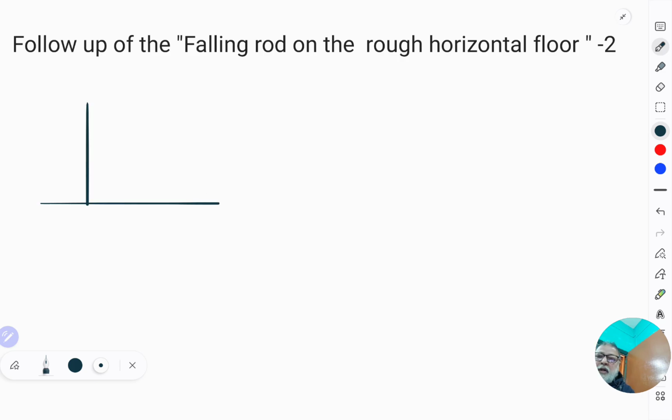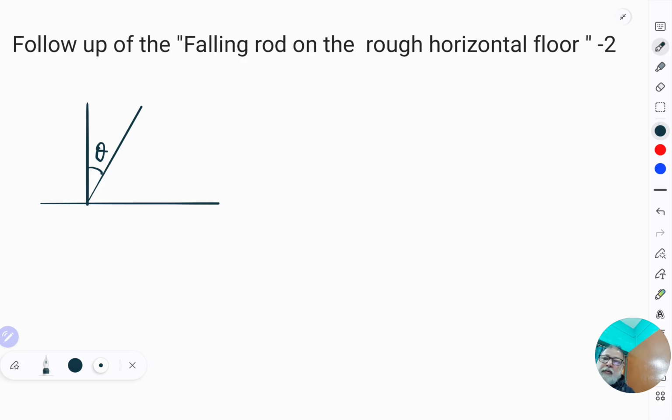Let's revisit the diagram. We examined it at an angle theta when it has rotated, and in order that it does not slip